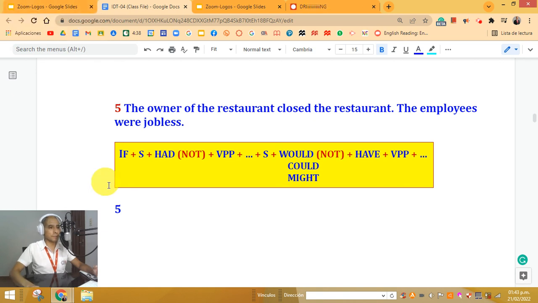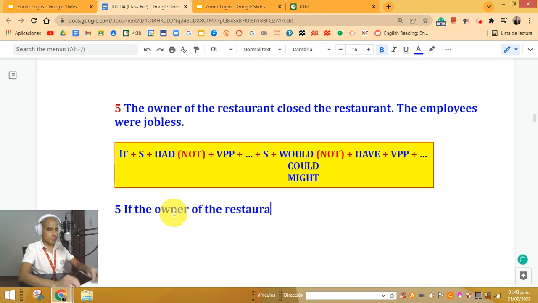So let's see. Do you remember what we have to do first? Exact. We have to put if. Then the subject. The subject is owner. Very good. Owner of the restaurant in this case. If the owner of the restaurant. Okay. Here we have the verb closed. It's in the affirmative form. According to the rule, we have to change it to the negative. But we have to use had. So I say had not. The owner of the restaurant had not. The verb is closed